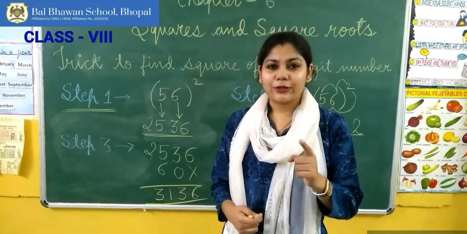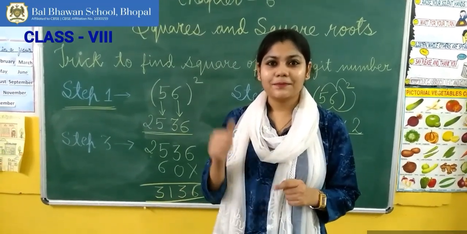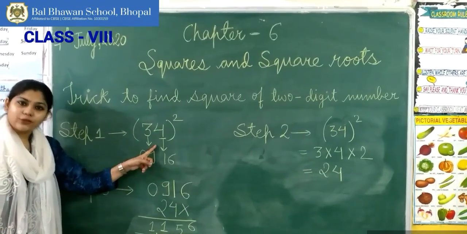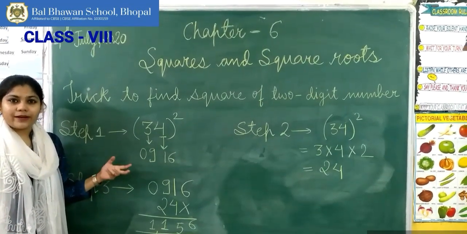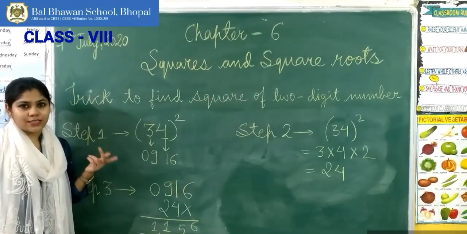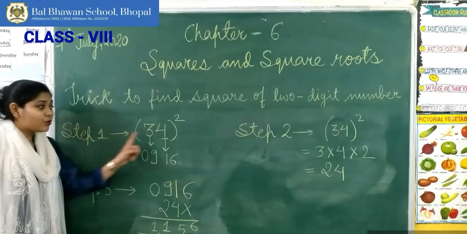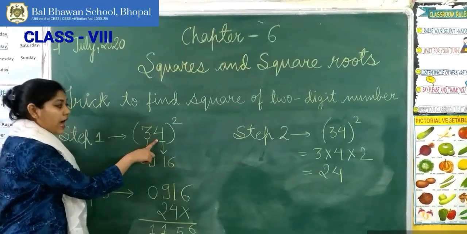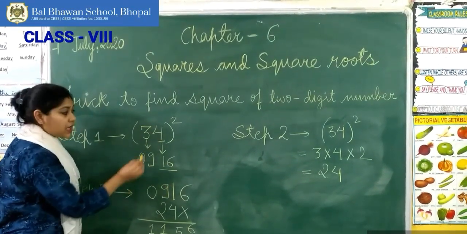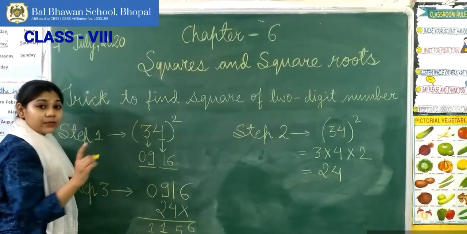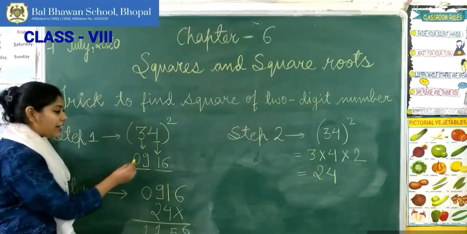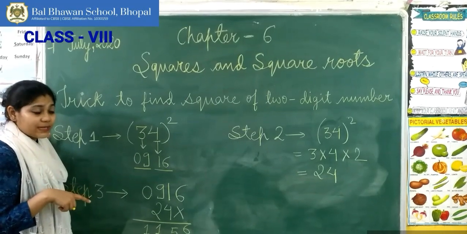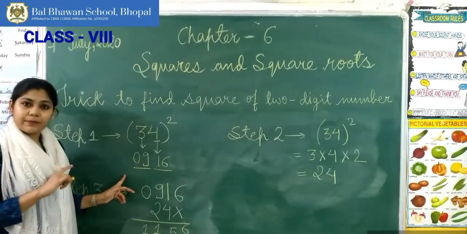We'll take another number to calculate the square using this trick. Children, let's take another number. Here I have taken 34, again a two-digit number. We now calculate the square of this number very quickly using the same trick. So step number 1 is writing the square of each digit separately. So here first digit is 4. I have written the square of 4, which is 16. Square of 3 is 9. Now remember, 9 is a single digit number, so I have added 0 over here to make it a 2-digit number for our convenience. So you too have to do the same thing. So these are the squares. Step number 1 is done.